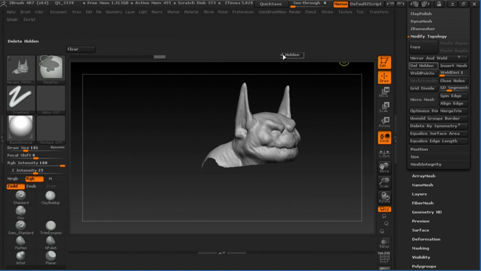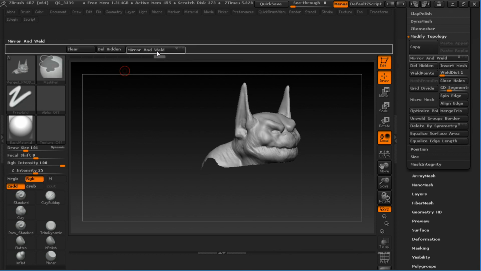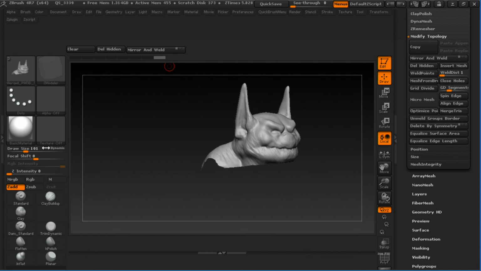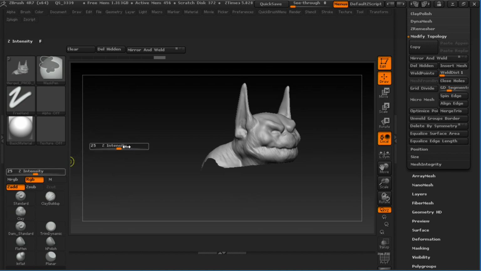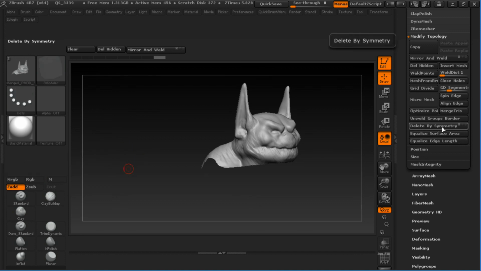I'm gonna put that right there. It is always now available to me whenever I need it. And if I wanted to grab anything else here like mirror and weld, I can grab that, put that there. I could even, you know what? I don't need draw size over here and focal shift over here or any of these things because I grab them elsewhere. I'm going to put other stuff here, such as delete by symmetry. Boom. I can put any of those features wherever I want,